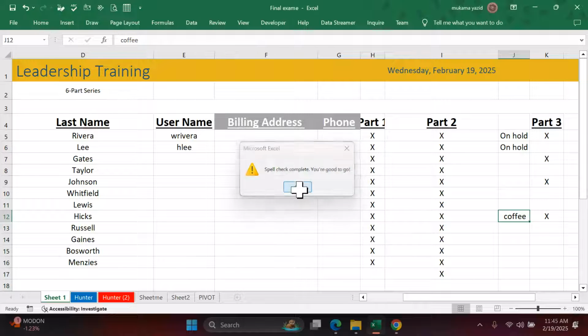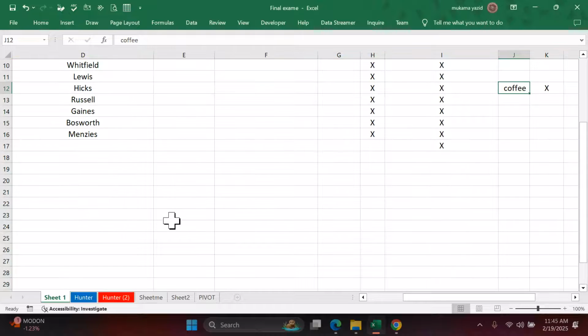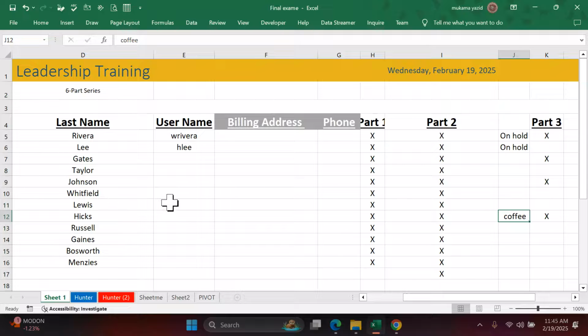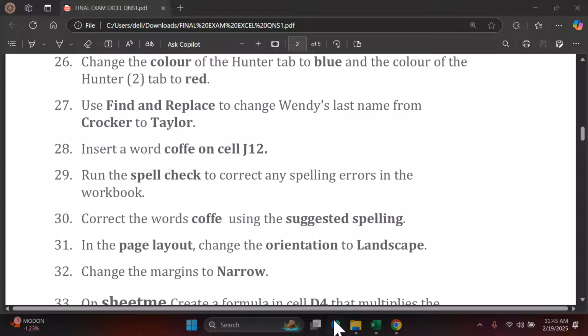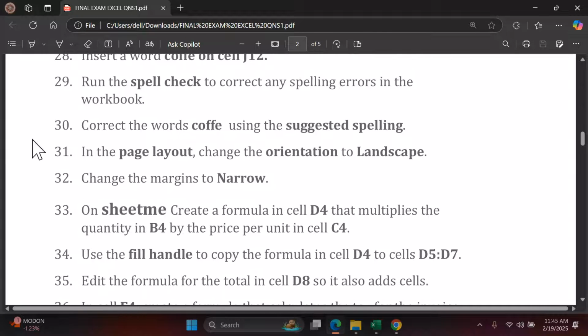We are free to go. Yes, complete. We don't want to check anything. So these are my peer names. We don't want to tamper with other content. So this is what they wanted. So let us go to the other question. Correct the words. We have done that. We have finished that one. So let us go to